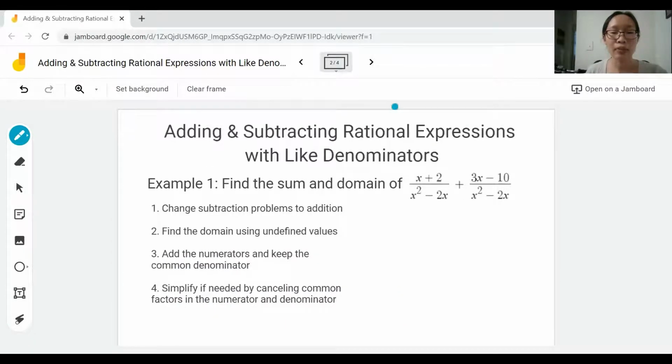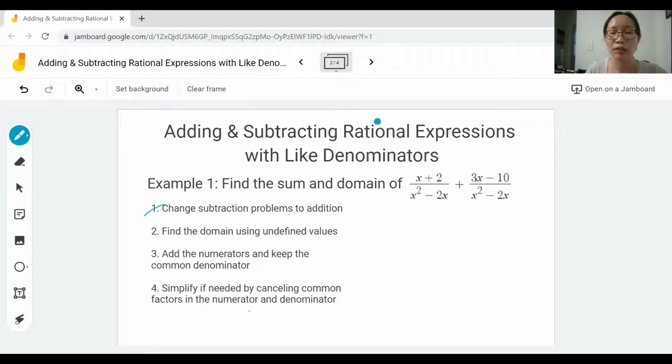In our first example, we're asked to find the sum and domain of x plus 2 over x squared minus 2x plus 3x minus 10 over x squared minus 2x. We're going to follow 4 steps. First, we change subtraction problems to addition. Then we find the domain using our undefined values. Third, we add the numerators and keep the common denominator. And fourth, we simplify by checking for common factors and canceling those that appear in both the numerator and the denominator. Since this is an addition problem, we can skip ahead to step 2,